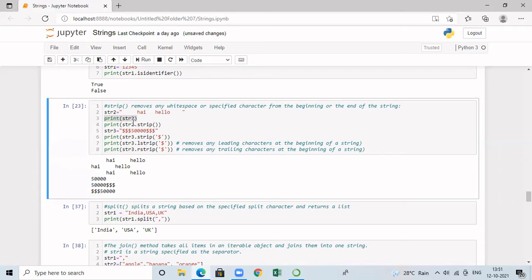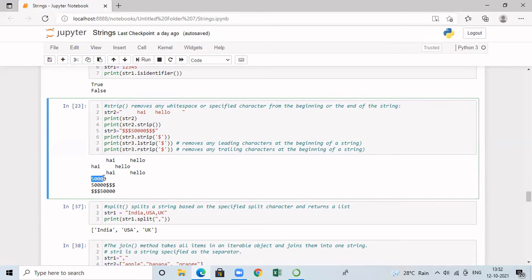And it is not that we can remove only white spaces. Here I have not given what character to be removed, so it will consider the default character. The default character is white space, that is nothing but the space character, so it is removing that. If you consider the next example, I have initialized string str3 with dollar 3 times, then 50,000, and then again 3 dollars appearing. Now I want to strip only the dollar from the string. So I am calling the function strip by passing the dollar symbol. When I run this program, it is going to strip the dollars appearing at the beginning of the string as well as at the end of the string.